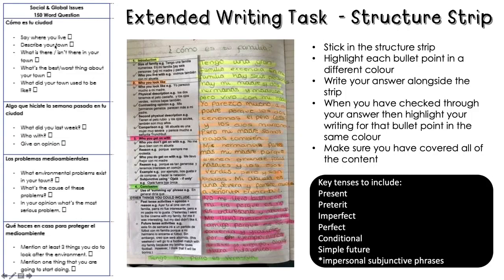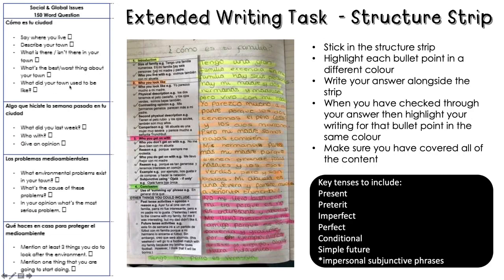Describe your town. So describe it. You know, what is London like? What is there? What isn't there in your town? So en mi ciudad hay centros comerciales. Yeah? And then make a negative sentence. What is there not in the town? Make it up. Yeah? Maybe you say, in London there's no theme parks. En Londres no hay parques de atracciones. Just make it up. What is the best thing, worst thing about your town? Lo mejor de Londres es que, blah, blah, the best thing about, or lo peor de Londres es que.